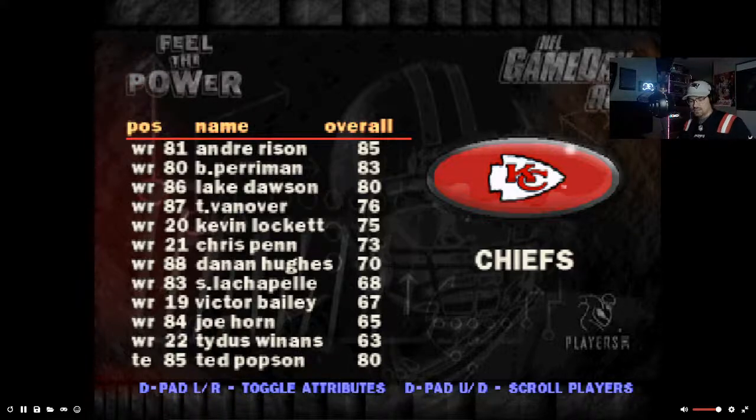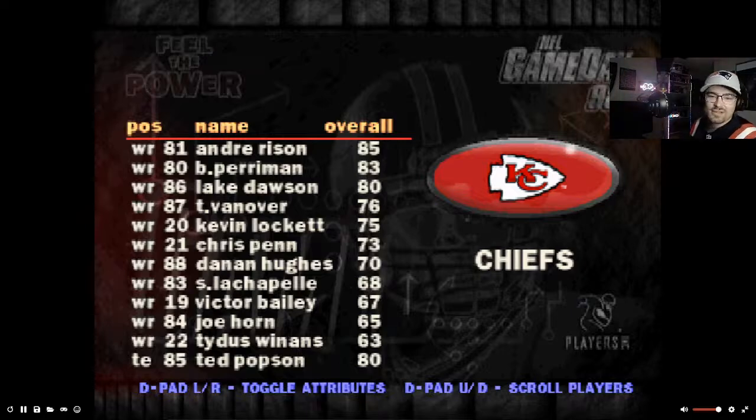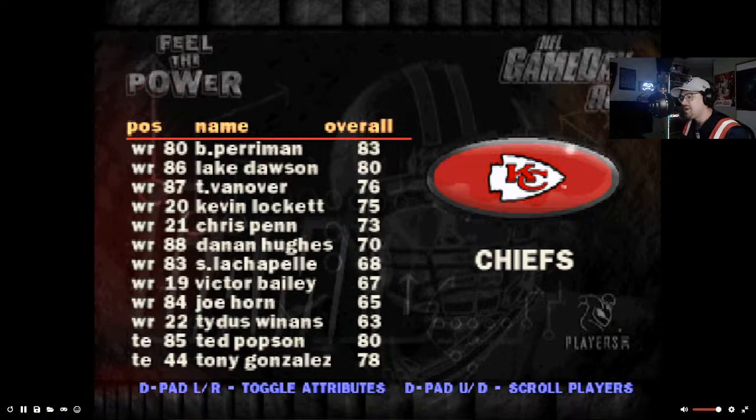Look at this. They had Joe Horn on the team. Remember Joe Horn from the New Orleans Saints? He was their number 1 receiver for a while, and he had the celebration with the flip phone that later went on, like Michael Thomas used in a game a couple years ago. This team had Tony Gonzalez, and Tony Gonzalez was only rated a 78. Wow. They had a Hall of Famer in their back pocket.